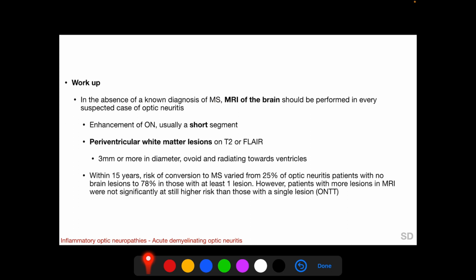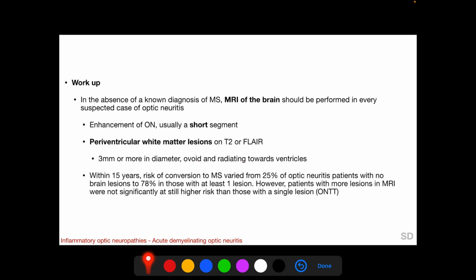MRI shows enhancement of the optic nerve, usually a short segment, and periventricular white matter lesions on T2 or FLAIR. We have seen the periventricular white matter lesions picture in the previous session. However, for this, look up the internet for an image because I couldn't find a non-copyrighted image. These periventricular white matter lesions in the brain are 3 mm or more in diameter, usually ovoid and usually radiating